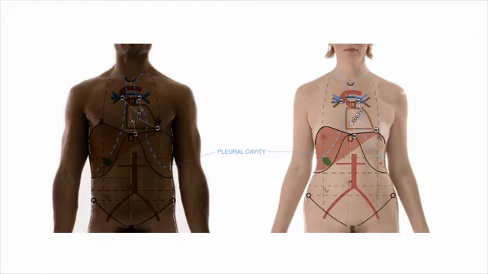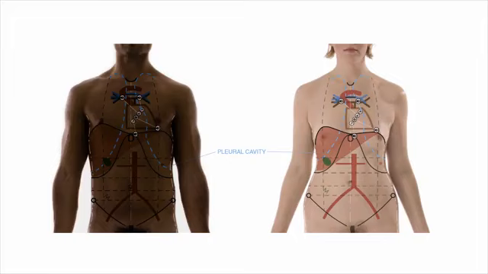And we see that the pleural cavity extends superior to the medial third of the clavicle, and then they descend close to the midline on each side. On the right, the pleural cavity descends inferiorly and then curves to follow the costal margin. On the left, the pleural cavity extends inferiorly to about the third rib, where it deviates laterally because of the presence of the heart. And then once inferior to the heart, it follows the same trajectory as that of the